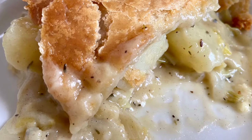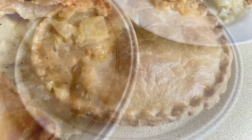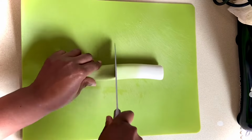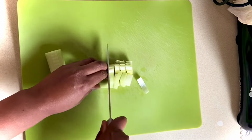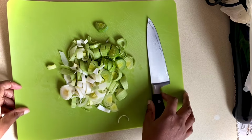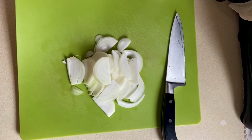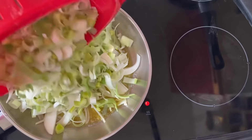Today I'll show you how I made this tasty, cheesy leek and potato pie. I'm going to start by slicing 2 medium-sized leeks. Next I'll slice 1 onion. So in this pan I've melted 50 grams of butter and I'll add to that the sliced onions and well